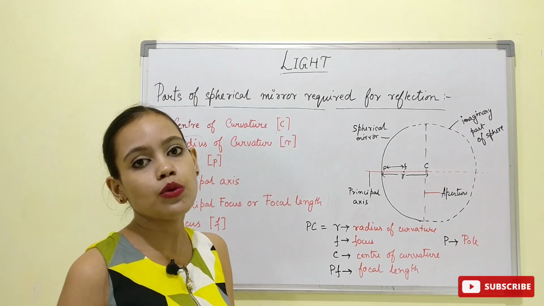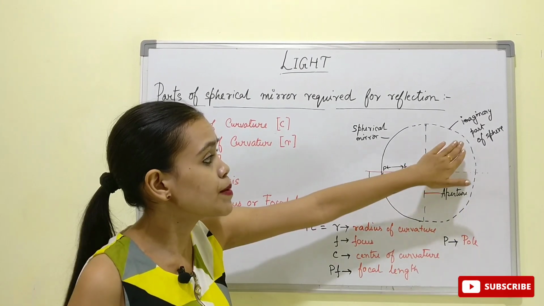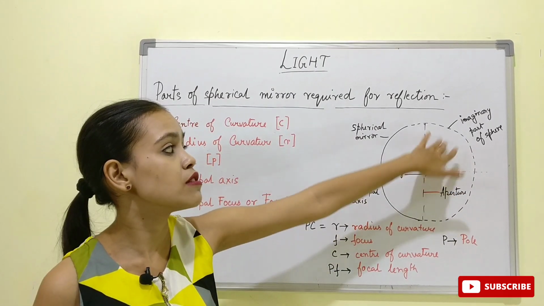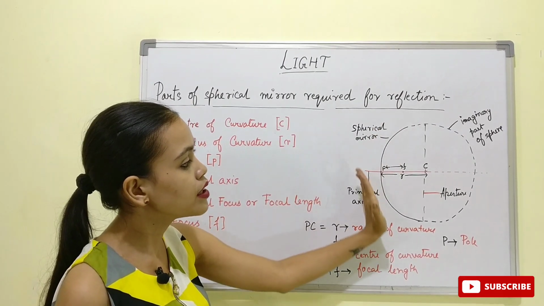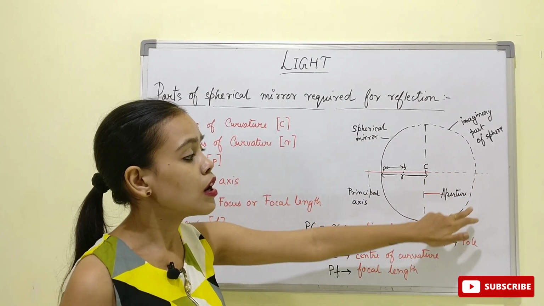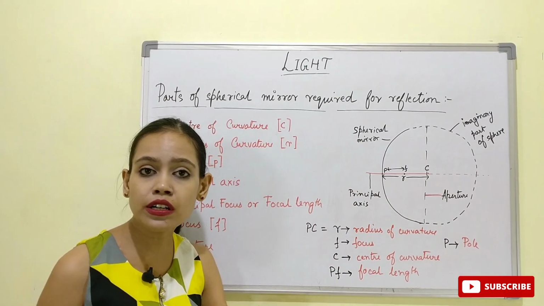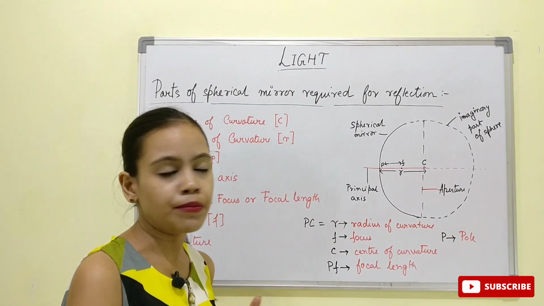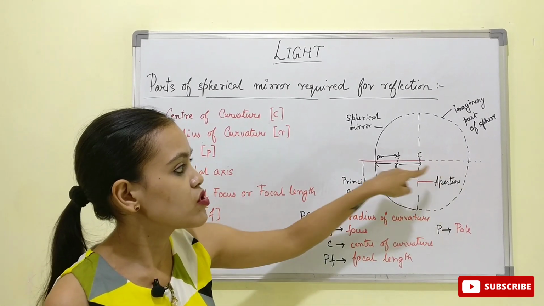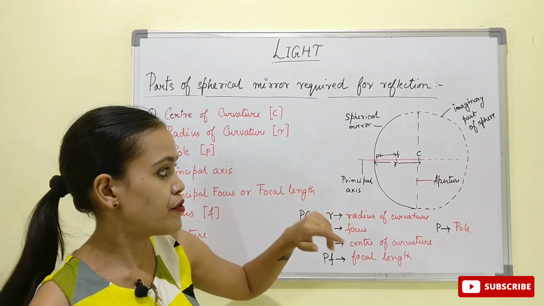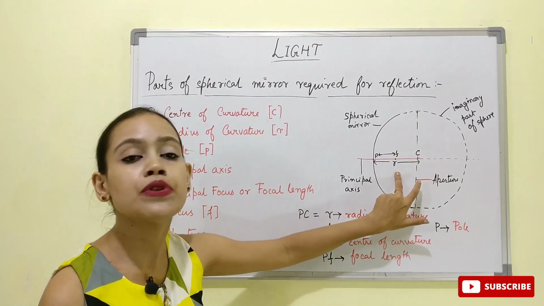As we already know, a spherical mirror is basically a part of an imaginary sphere. It looks as if it's a part of an entire sphere. So if this is how a spherical mirror looks, and if we just continue the dotted lines, we can see a complete circle or sphere forming, hence the name spherical mirror. What are the parts? Here there is an imaginary line which we draw as reference that passes through the center of the sphere. It's called the principal axis.